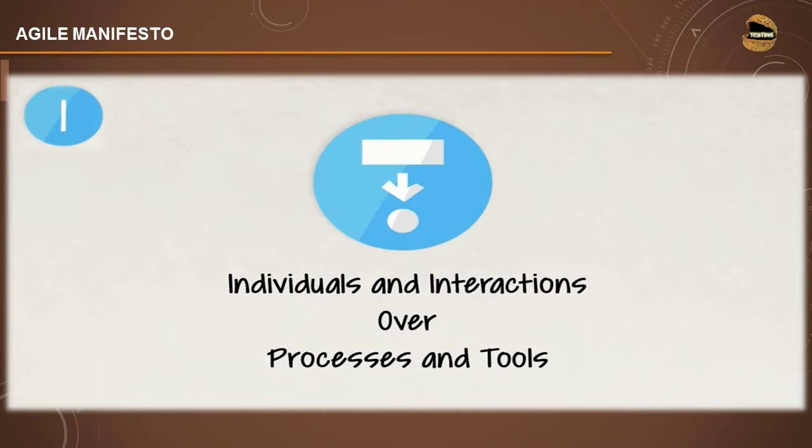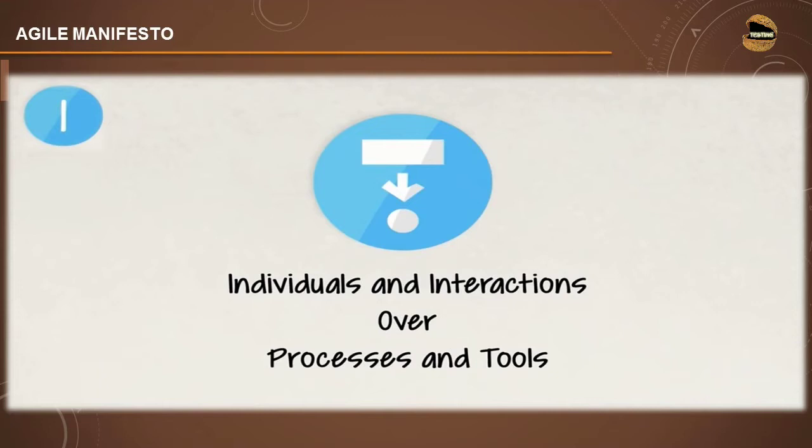And not only the interaction, the individuals also play a vital role. The Agile team comprises members who are very well self-organized and motivated in order to take up the task and start working on their own. Let me tell you here that the Agile team does not really have a boss or a leader who instructs them on what they will be doing today. Thus, the first value says that individuals and interactions are over process and tools,